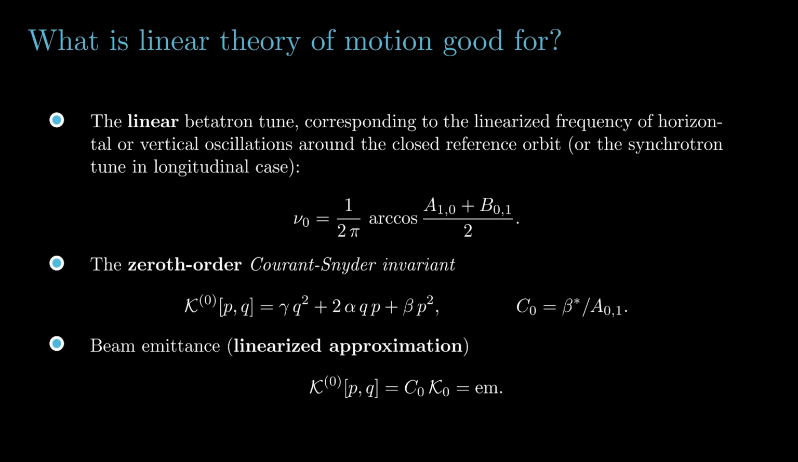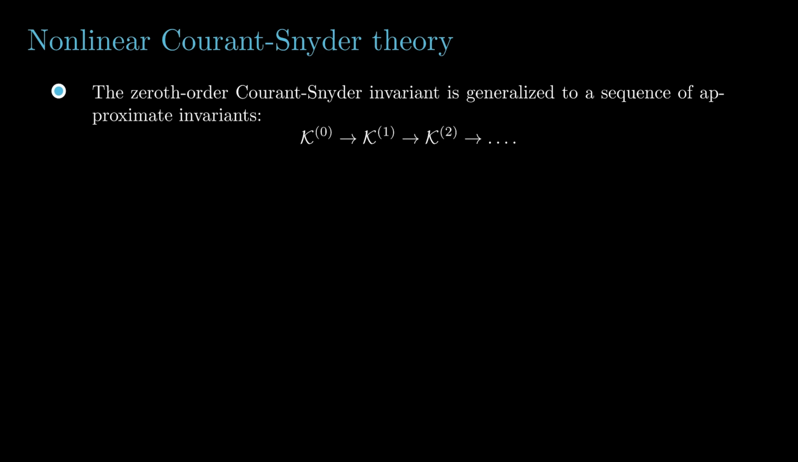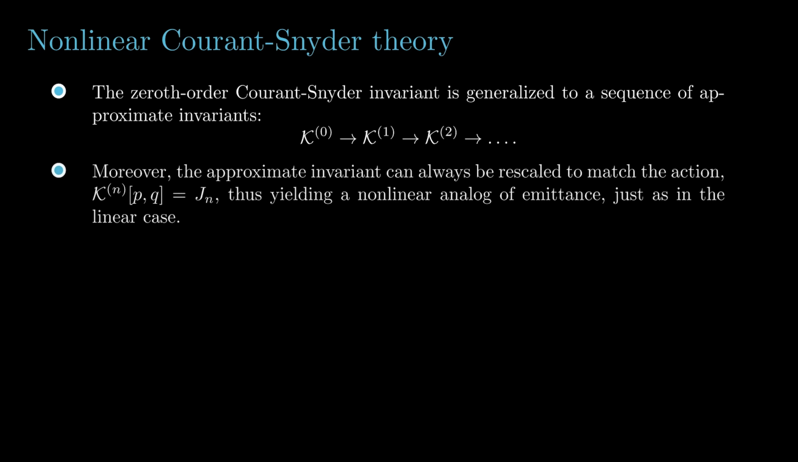The perturbative method naturally extends this linear framework. The zeroth order Courant-Snyder invariant becomes the first approximation in a systematic series. In many practical cases, low-order approximations already provide sufficient accuracy for describing the dynamics, as we will demonstrate later. Moreover, the approximate invariants can be rescaled to match the action, yielding a nonlinear analog of emittance, just like in